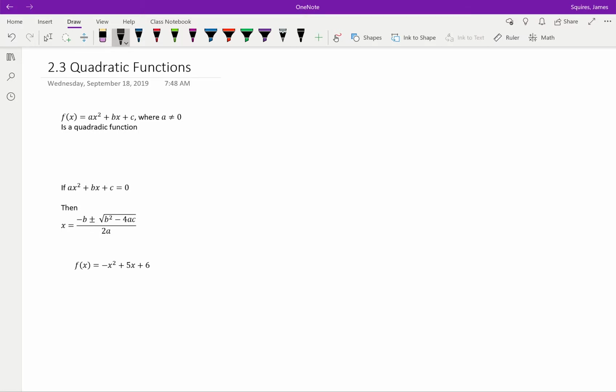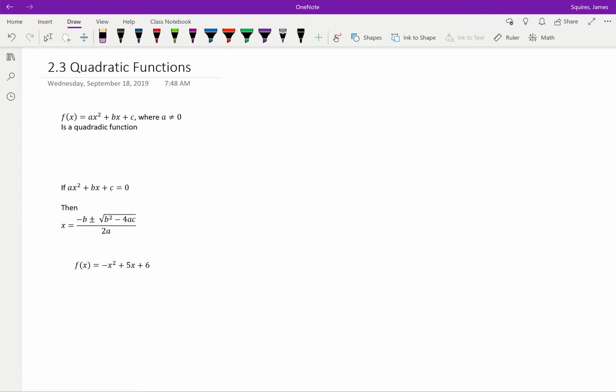So we're going to be looking at quadratic functions. Note, quadratic functions are typically functions that look on our XY graph like something like that, or maybe something like this, also known as parabolas. Okay, so a quadratic function is typically going to look along the form of f of x equals ax squared